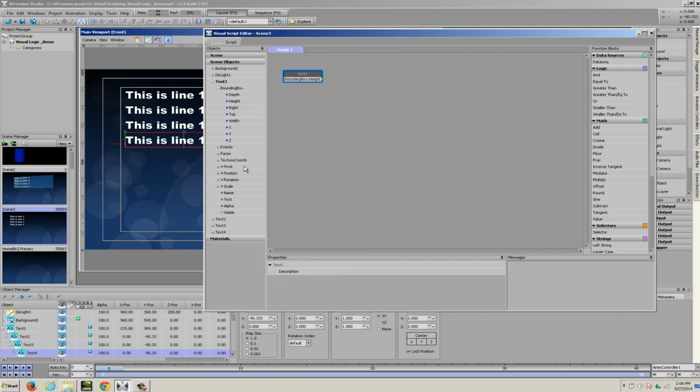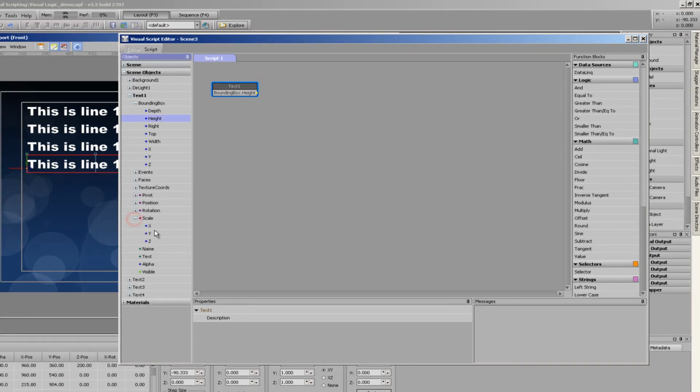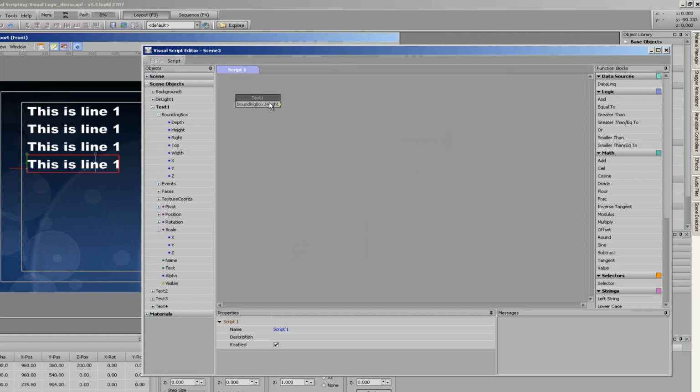Some other properties, for instance, scale, will actually have an input and an output. So we can send a value into it and we can send a value out of it. Right? So that's always indicated by the green dot on the left-hand side and the yellow dot on the right-hand side. So we'll delete that. We don't need that right now. So here's text 1, bounding box height.